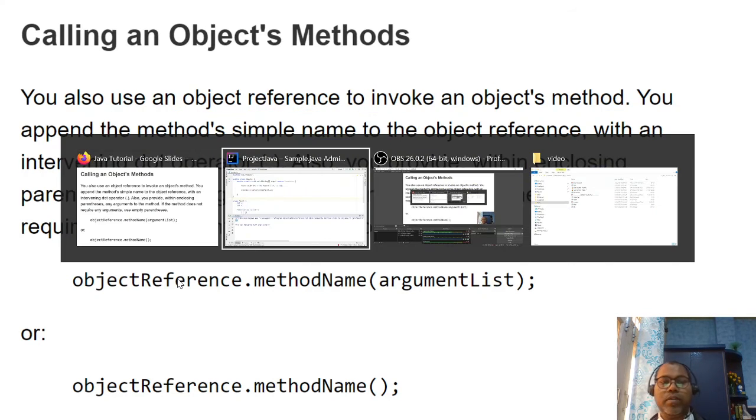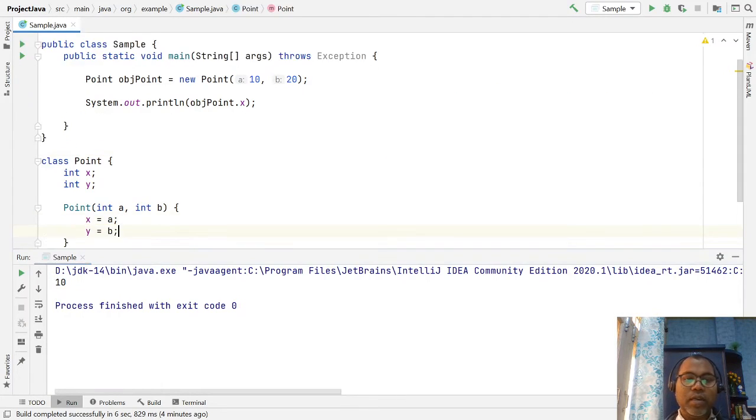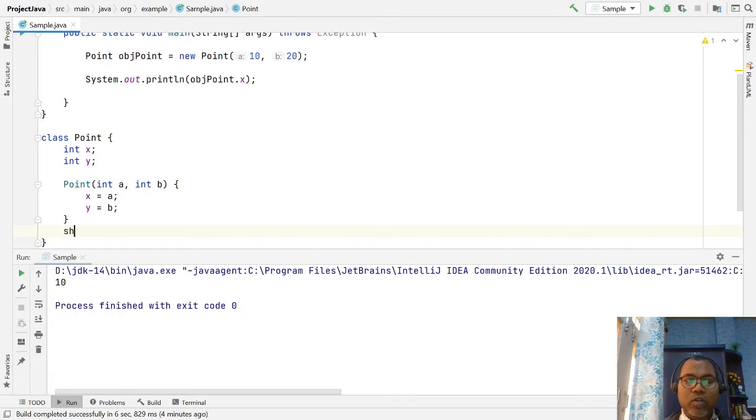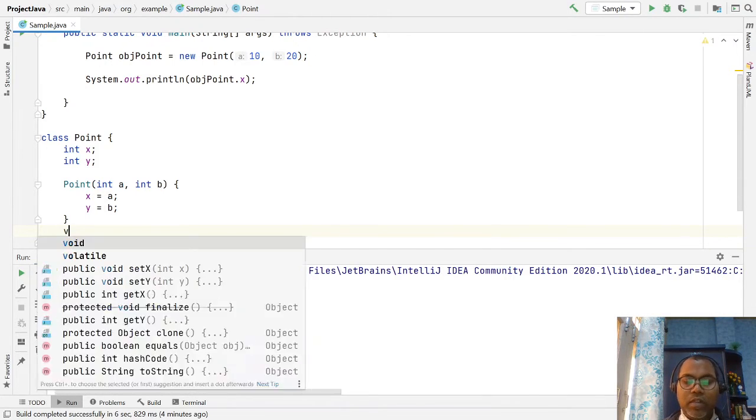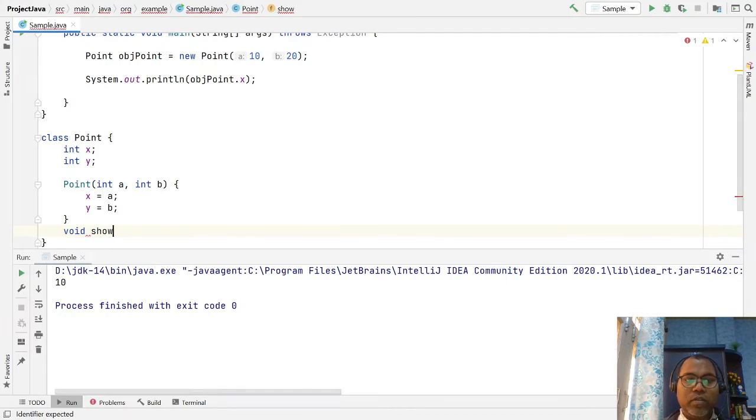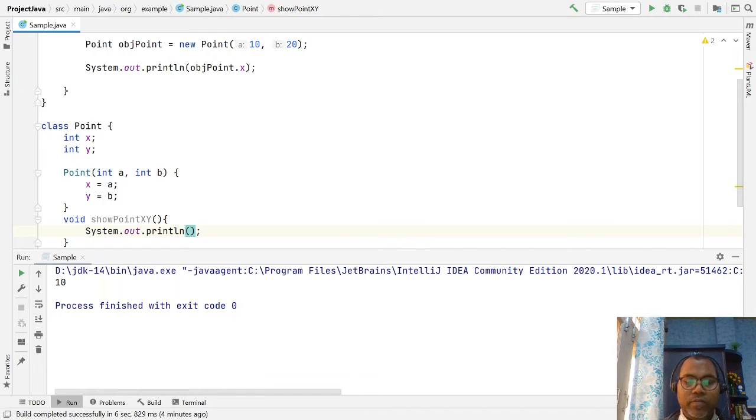Let's see an example. Here showPoint is the method, which doesn't return anything. What does it do? It shows the point's x and y values: x equal to plus x and y equal to plus y.